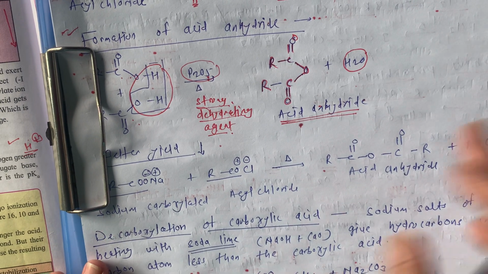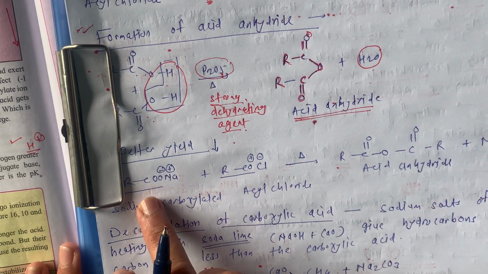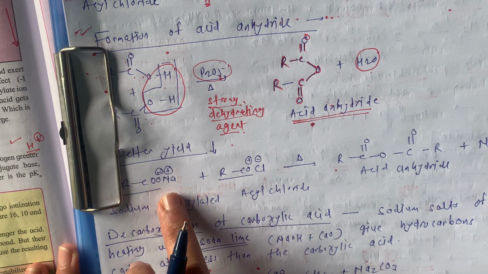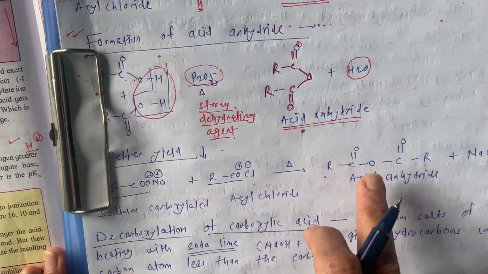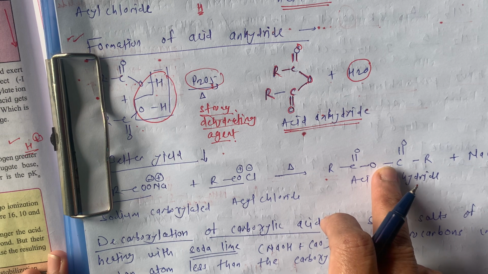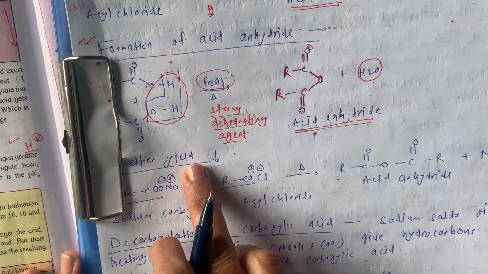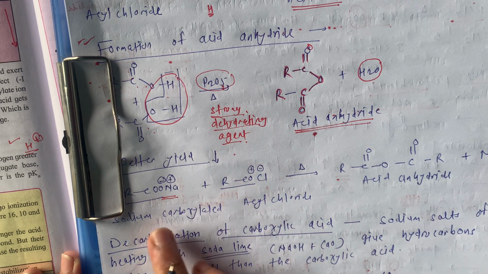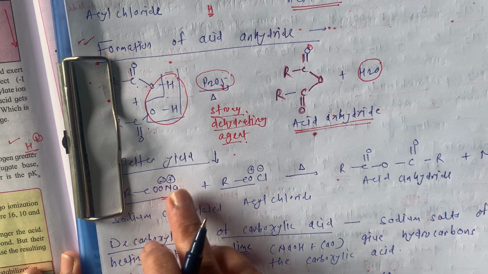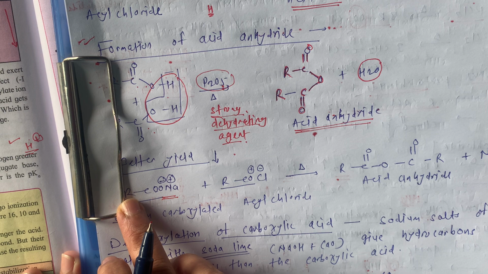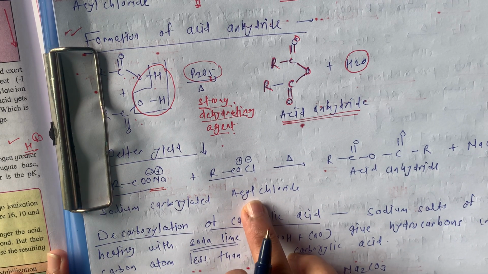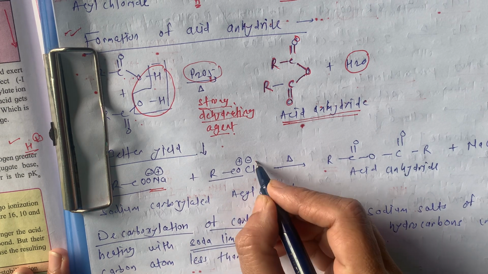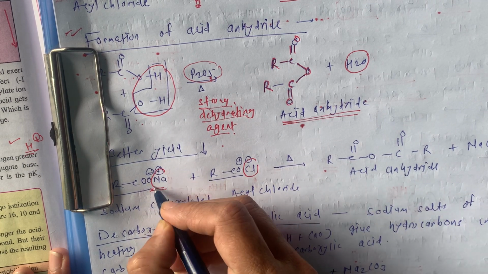Okay, so one more method is also given, that is to get a better yield. This is the most useful method. Better yield means the product must be a higher percentage. That is, first we have the sodium carboxylate, the sodium salt of carboxylic acid, and this is going to react with the acyl chloride. A very easy reaction, this chlorine negative and this Na positive are going